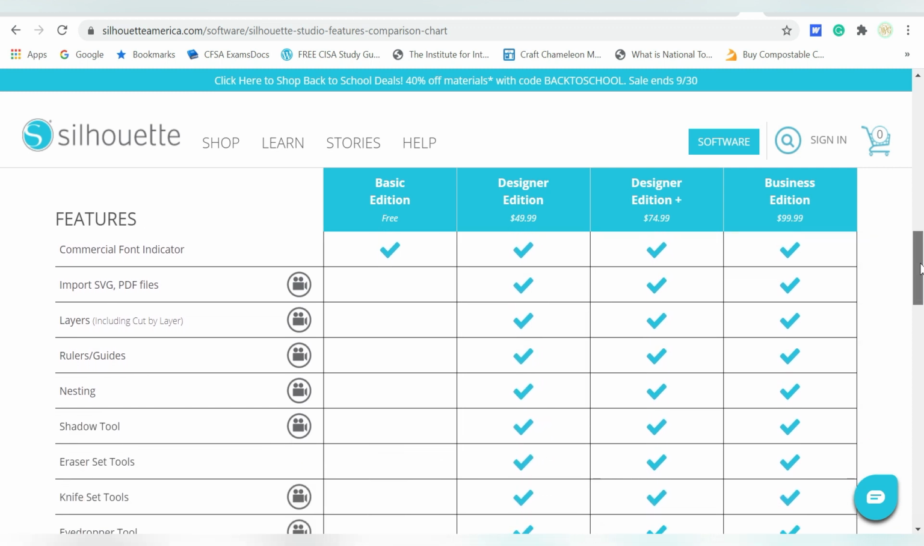Now, with the designer edition, you get the ability to import SVG and PDF files. PDF files is not as big of a deal, but SVG files can be. Now, you may be asking, how do I open SVG files in the basic edition? Well, you don't. You need to find